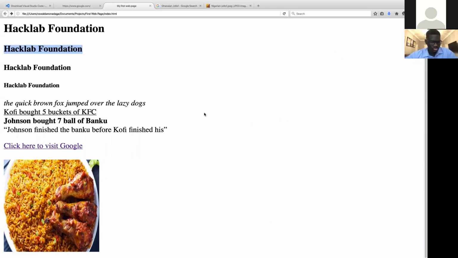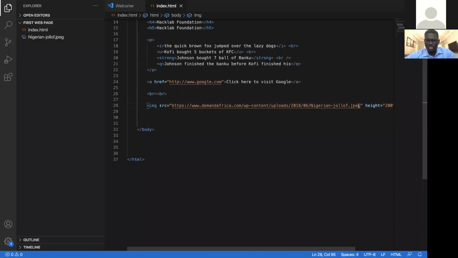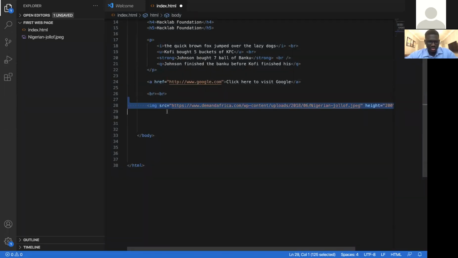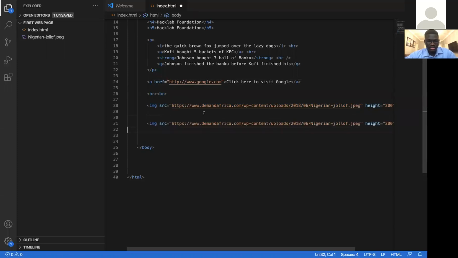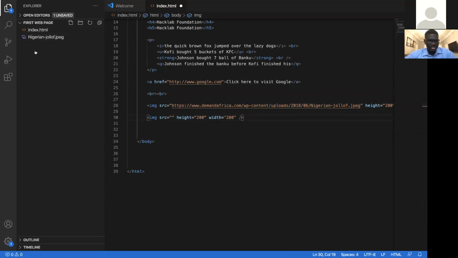So if you have the image on your computer, all you do is you come to the SRC tag. Let me create a new one. Just because I don't want to rewrite it. Usually when you start coding, this is what you'll be doing. You'll not be rewriting a lot of these things. SRC. Now you can see on the left here, this has appeared,